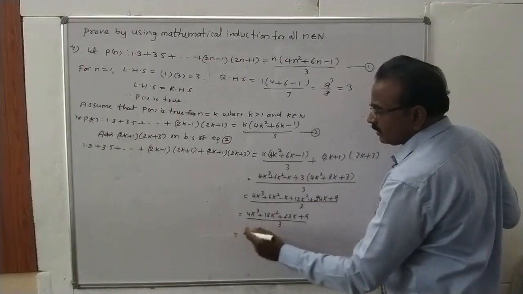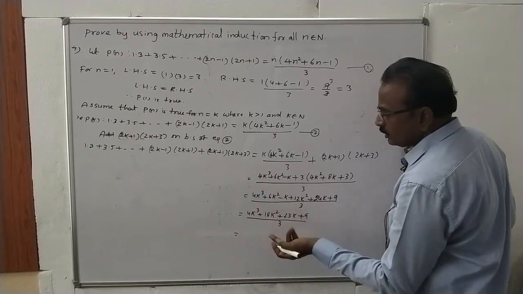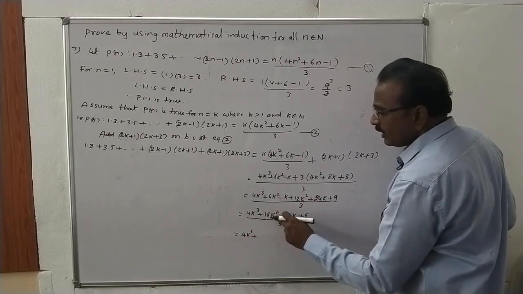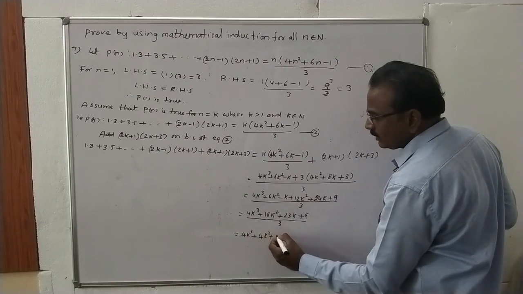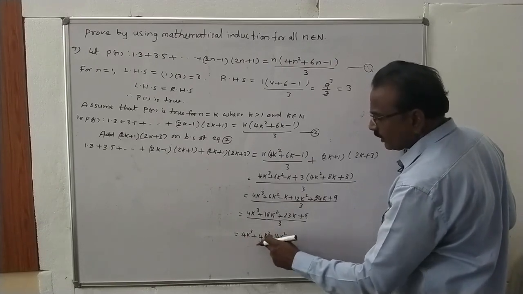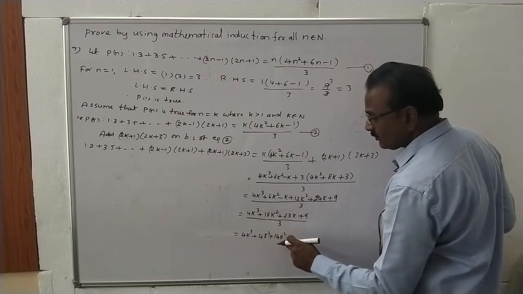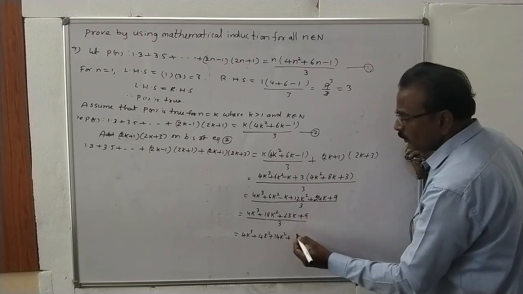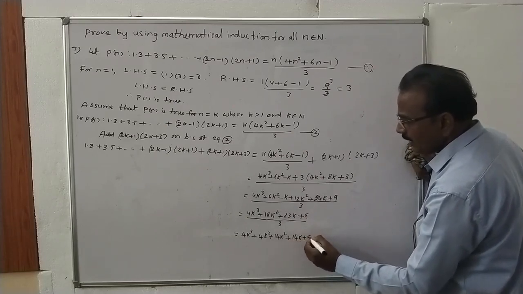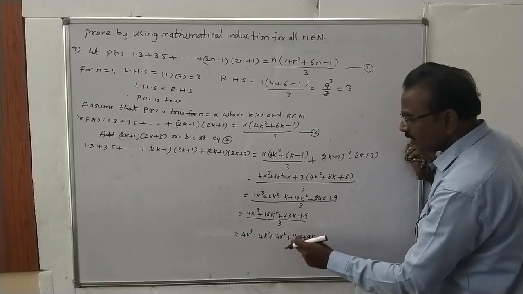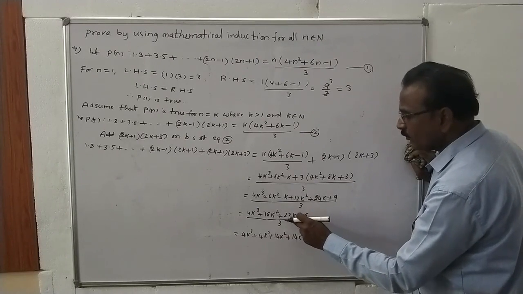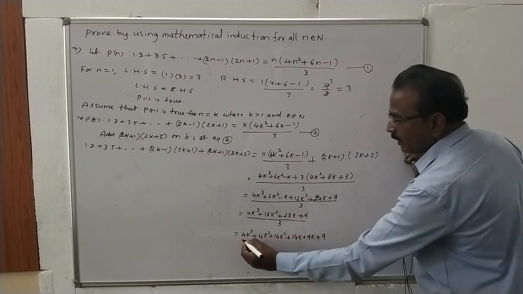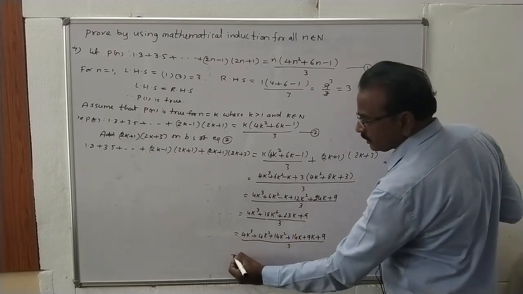So factorize this cubic factor. Here 4k cube plus 18k square can be split into 4k square plus 14k square. 4k square plus 14k square is equal to 18k square, because your k cube coefficient is 4. 23k can be split into 14k plus 9k. 23k is equal to 14k plus 9k because your k square coefficient is 14, that's why we split 23k into 14k plus the remaining 9k, plus 9, divided by 3. This is in the first two terms.